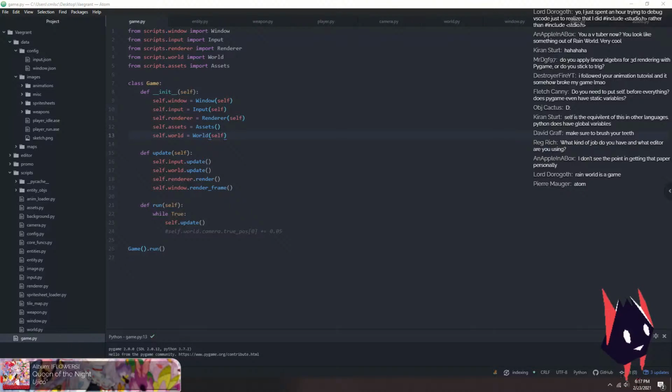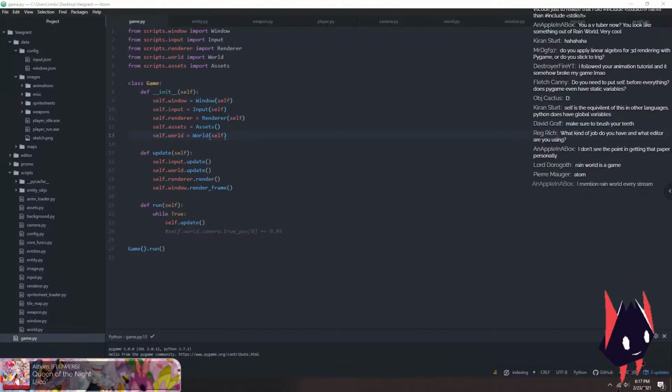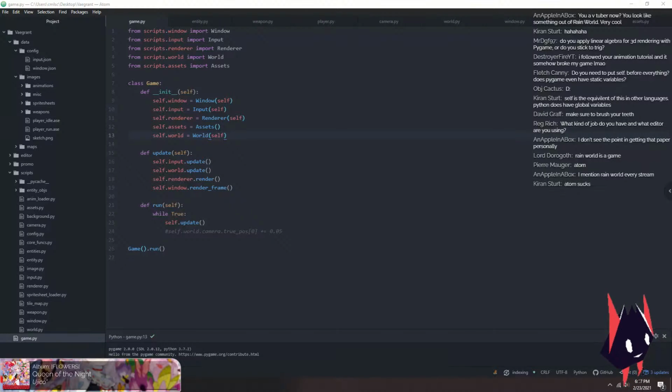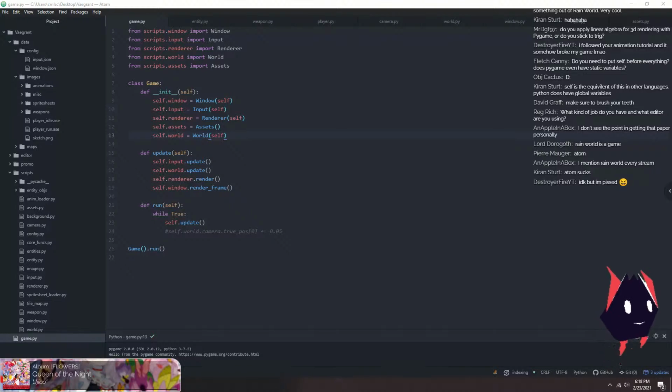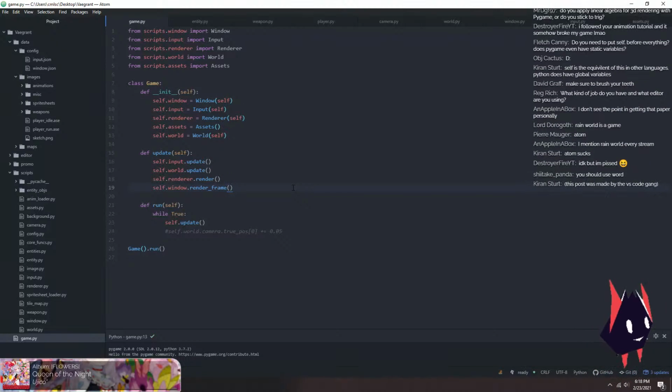What kind of job do I have? I work on rockets. Software engineering for rockets. What editor am I using? This is Atom. Well, I could tell Rain World was a game from what you were saying, but I don't remember what exactly the game is. Okay. If you think Atom's bad, you should see me using Idle. Anyways, I don't think the editor you use is a huge deal. Anyways,